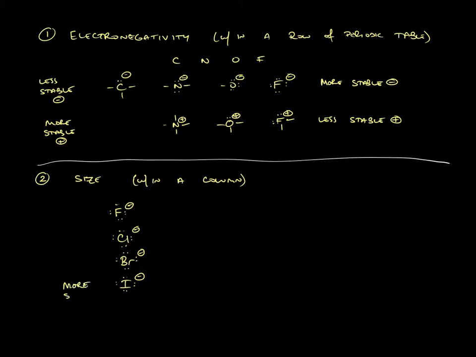So this would be a more stable minus charge compared to fluoride, which would be a less stable minus charge. The same logic applies when we're looking at cations. We very seldom will see halogen cations, but the trend remains the same. When you're comparing F plus, all the way down to I plus,